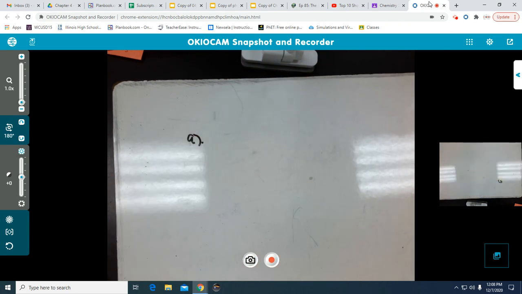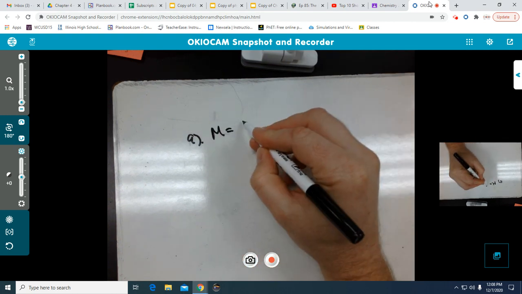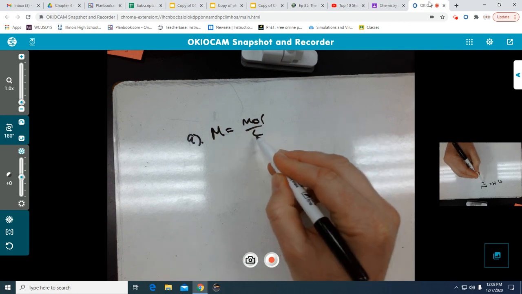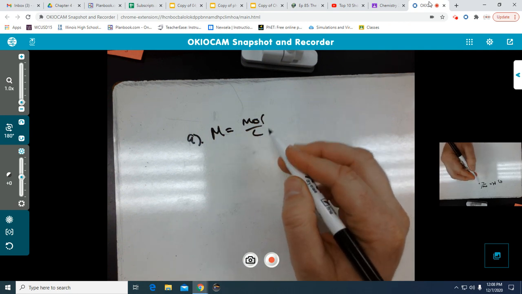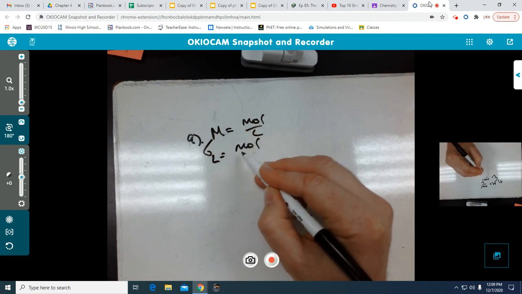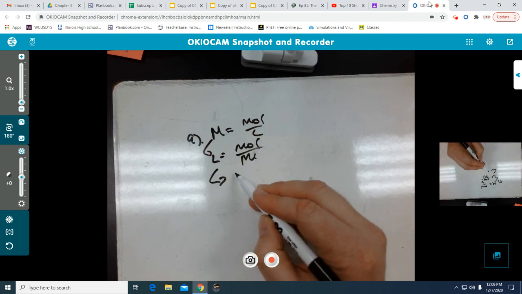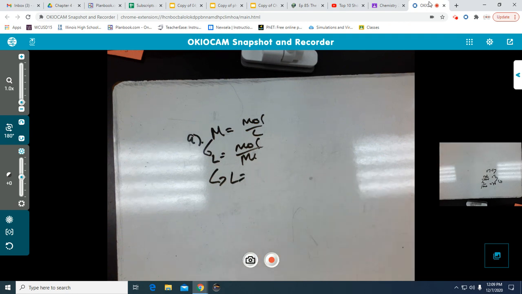Okay. Well, what we're going to be doing is really taking this equation and solving it for liters. So it's going to be liters is equal to moles over molarity. Okay. And so we're simply going to take our,